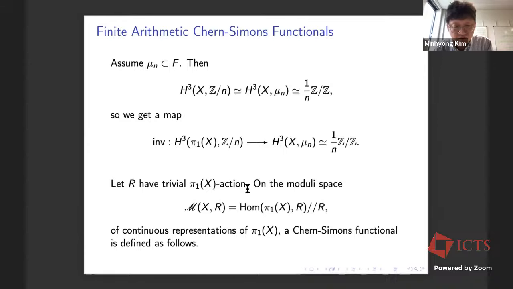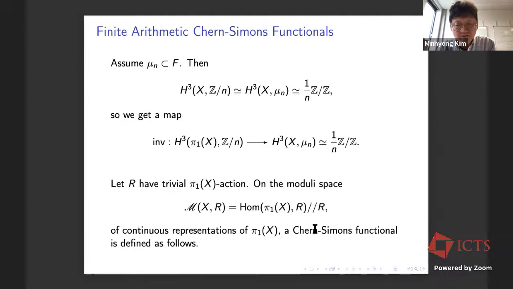Yeah, I think this was a kind of extraneous remark because this slide was recycled from some other talk. The orders were fixed up, so I think I have some extraneous sentences here. But anyways, now on the space of representations from pi 1 to R, for p-adic Lie group R, you can